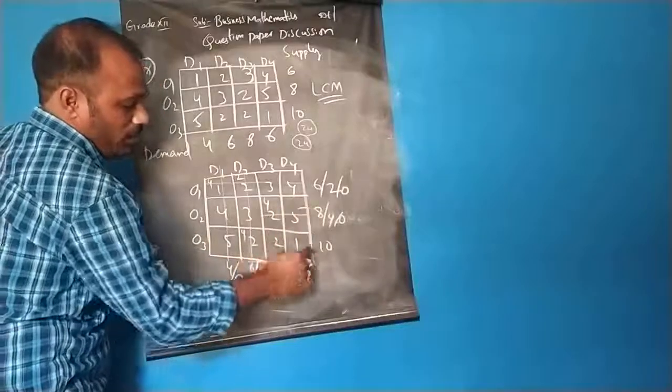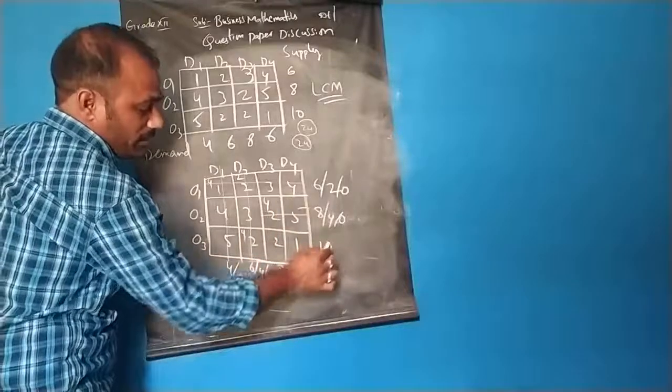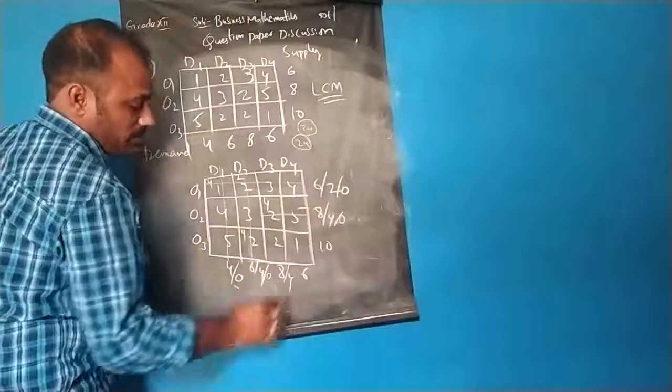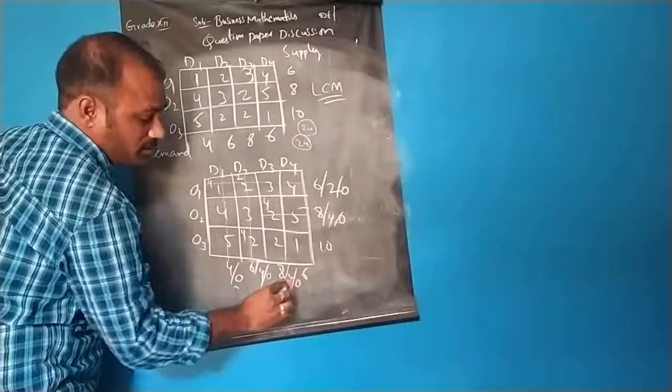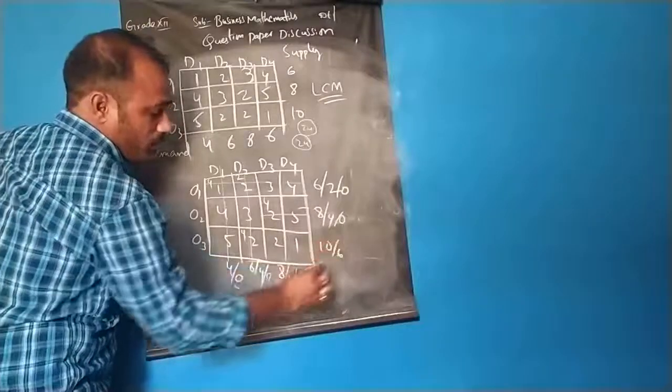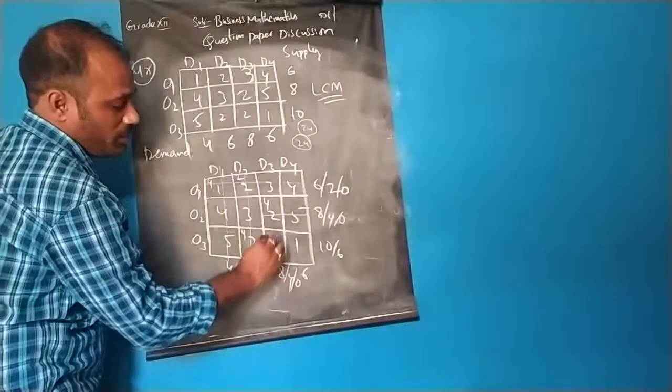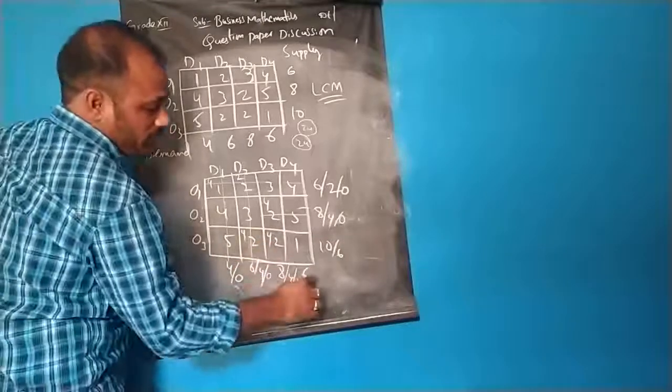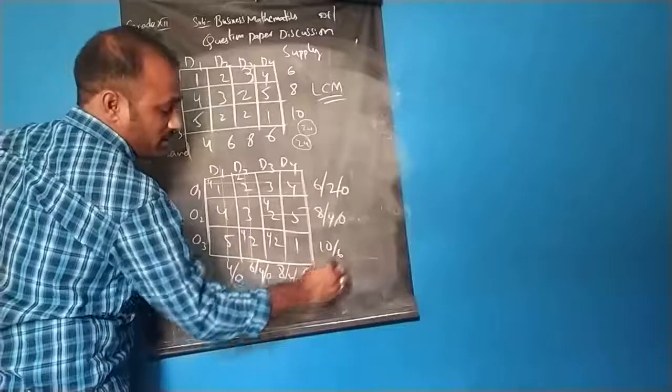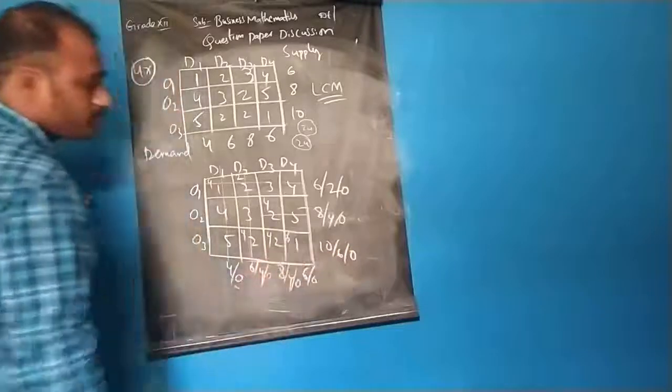Now we are left with two numbers here, 10, 6 and 4. Among these the least number is 4. 4 minus 4 is 0, 10 minus 4 is 6. Since we got 0 here, we can mark it as 4. Last, we are left with 6. 6 minus 6 is 0, 6 minus 6 is 0, 6.